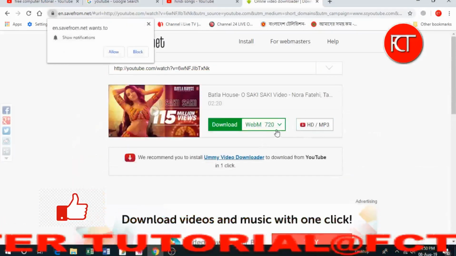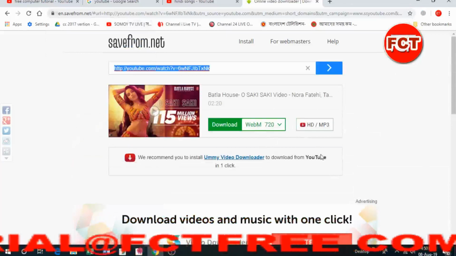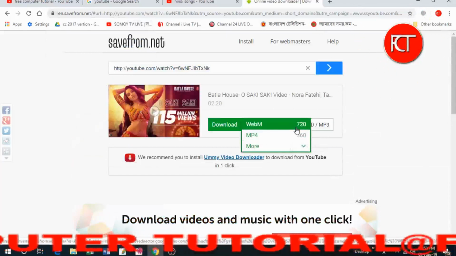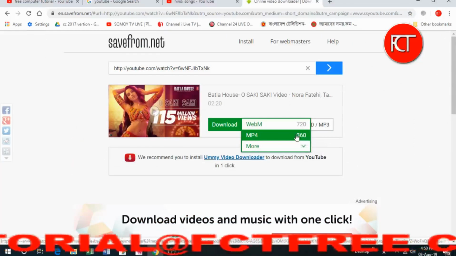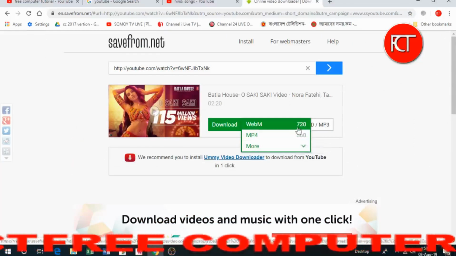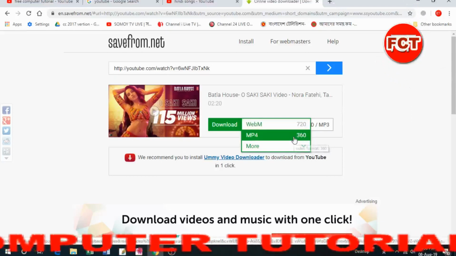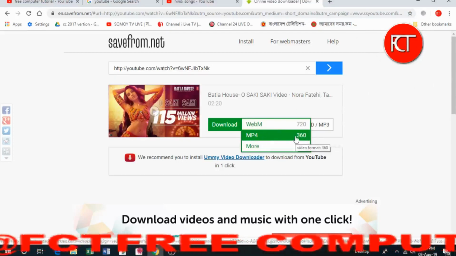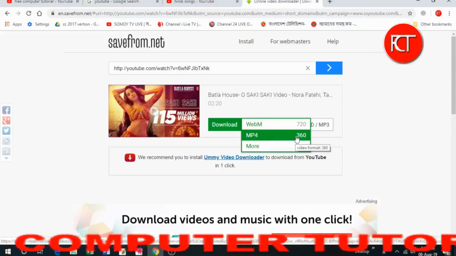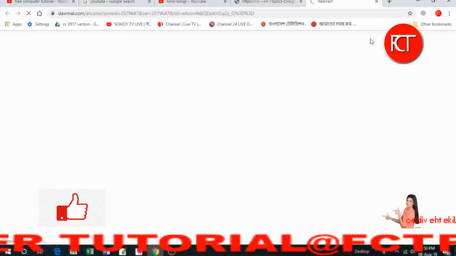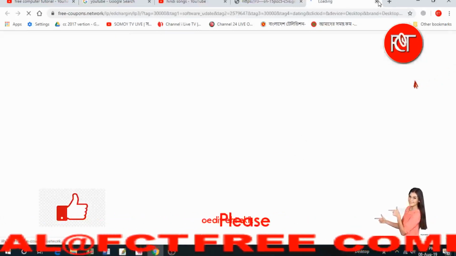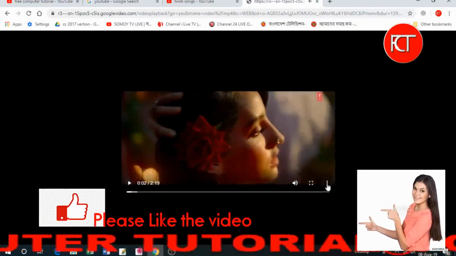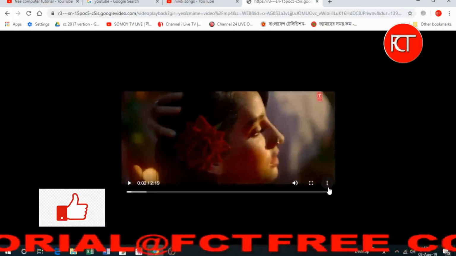Okay, choose your download formatting like HD, HD 720. So I do not want that one, I want like this 360. Click here, close the new tab and click here. You see